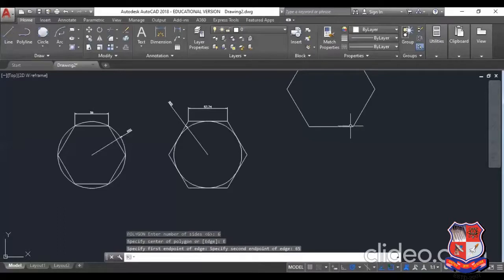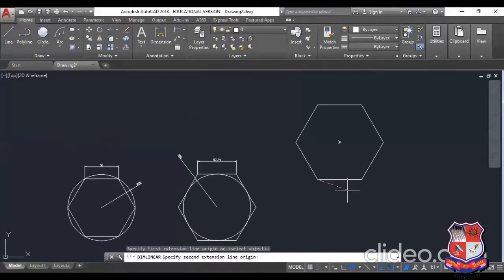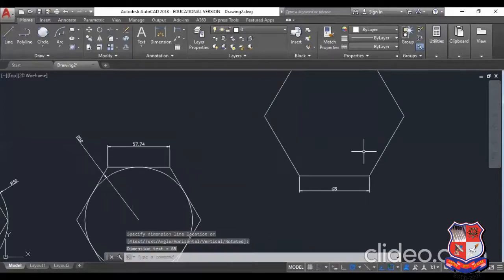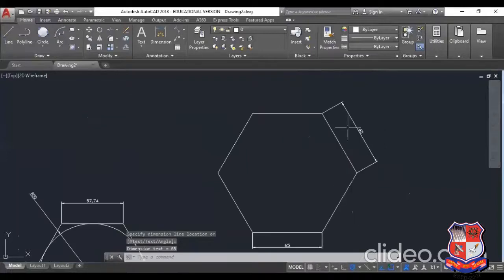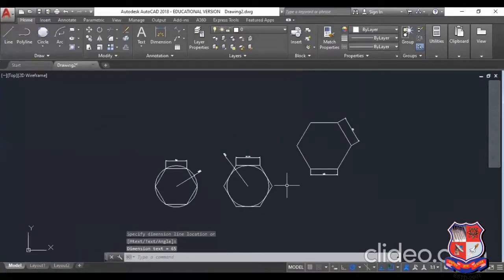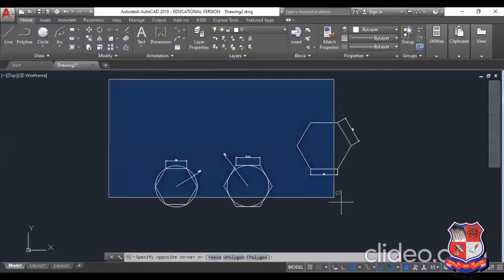If you check the linear dimension of all these edges, it will be 65. If you check align, meaning the cross line dimension, the exact dimension, then also you can take 65. So there are three options: inside the polygon, outside the polygon, and the edge method. There are three methods to create a polygon.